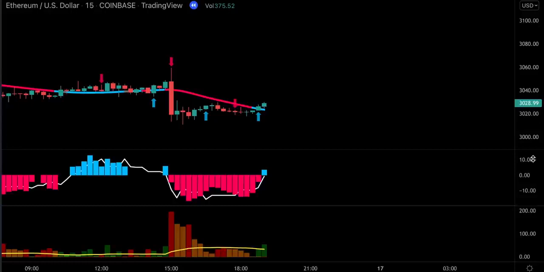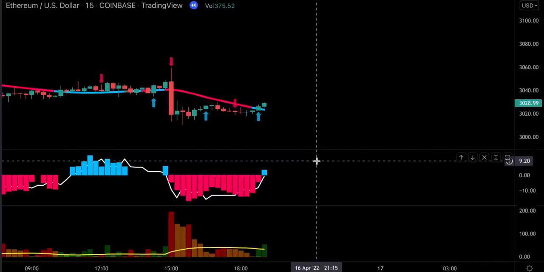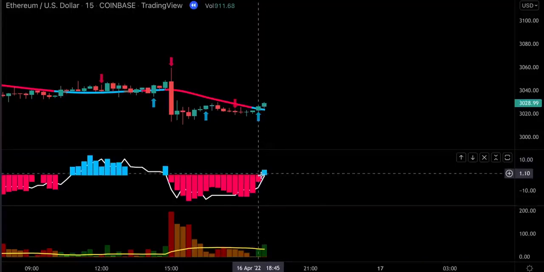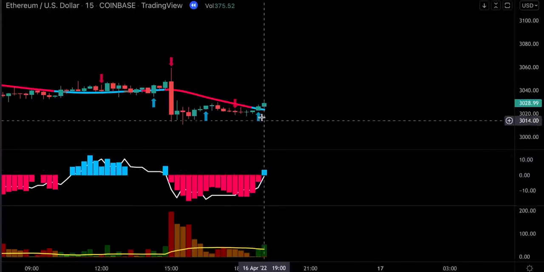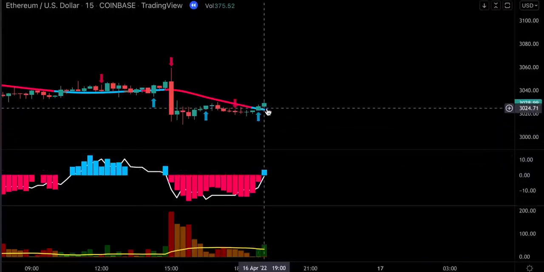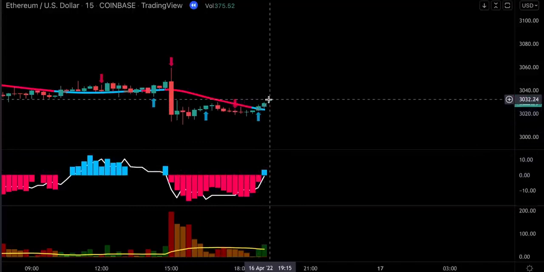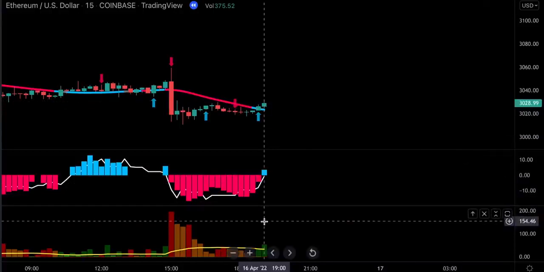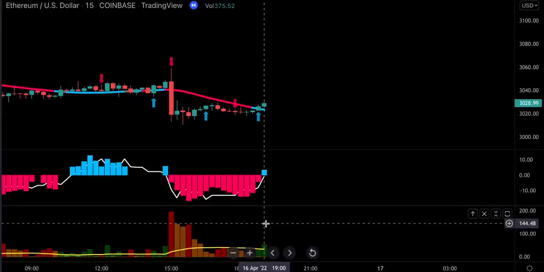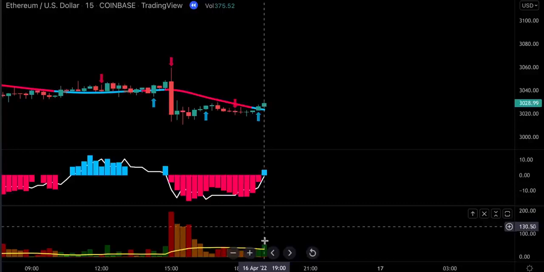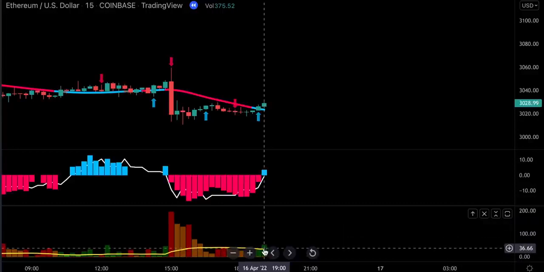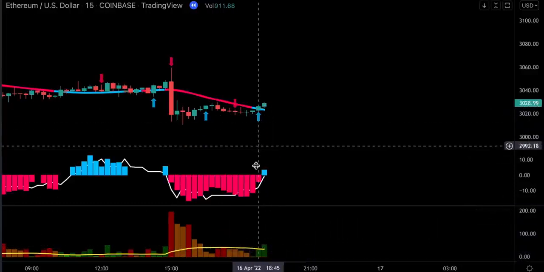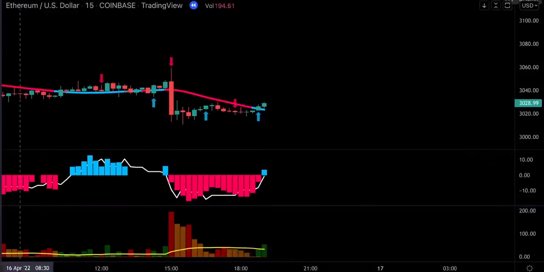So for a long signal to be valid, we first need to have a blue histogram appeared on our QQE mod indicator. This SSL line has to be colored in blue, and the price has to be sitting above this line. And lastly, we need to have sufficient bullish volume in the market, so our Waddah Attar Explosion histogram has to be colored in green, and it has to break above this yellow moving average. And as soon as we have all these three conditions met, we're going to go ahead and take a long position,